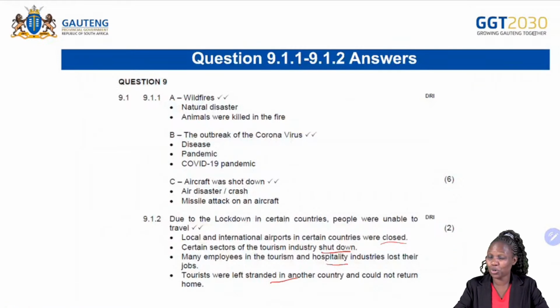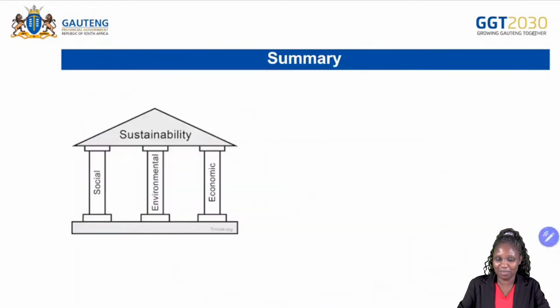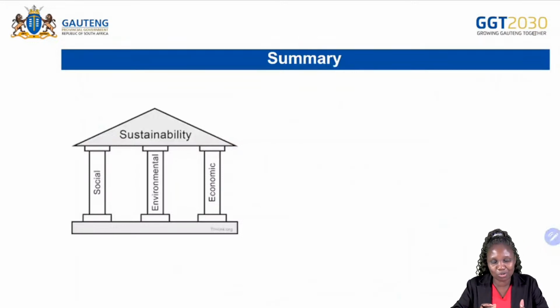All right, hope you have discussed these solutions with your friends. All right, let's summarize our lesson. Let's look at sustainability. There are three pillars of sustainable tourism. We've got social, the people, then the environment, how we should care for the environment and reduce the carbon footprint. And then economic, we are talking about money, whether money comes in through tourism.